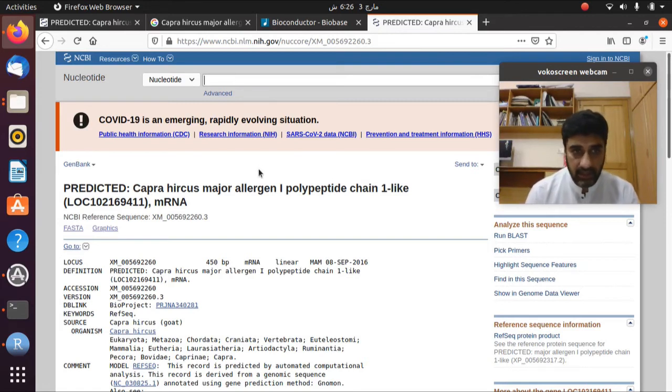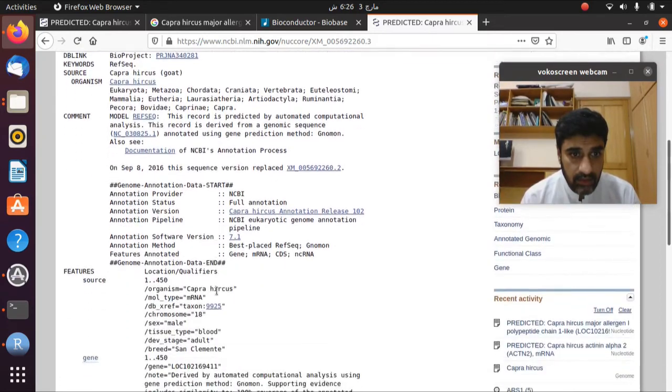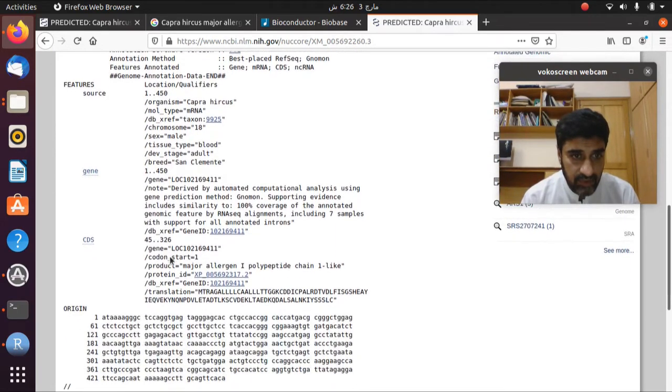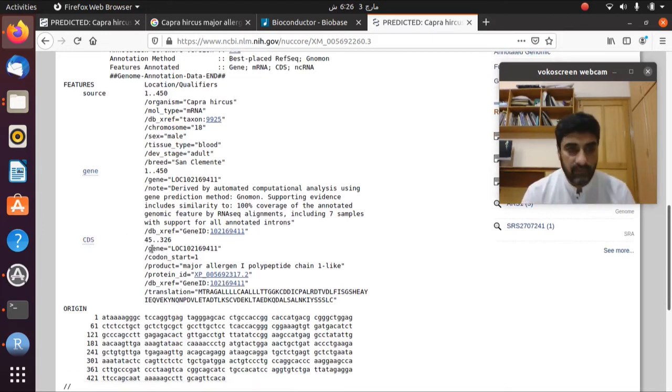So this is a messenger RNA and it is 440 base pairs, linear, and so on. Okay, so the gene goes from the first nucleotide position to 450, and then the CDS, the coding DNA sequence, goes from nucleotide 45 to 326.